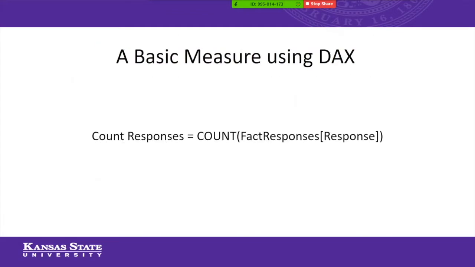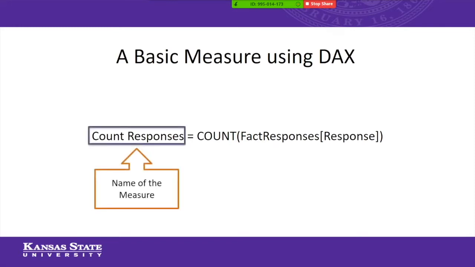So this is what a basic measure looks like in DAX. What you have is your measure name. That's the first thing you have to do, give it a name. In this case, we're going to call this Count Responses. What we're doing is counting up the responses in the fact table, and then we'll use our dimensions to break that down. So Count Responses, then an equal sign, and then you have your formula. The first thing is our function, so we're going to use the COUNT function, so that will just count up,